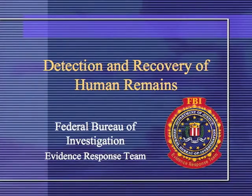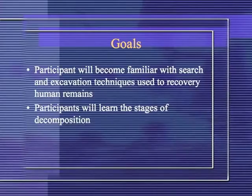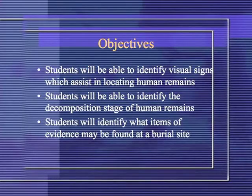Today we're going to talk about recovery of human remains. Then we're going to talk about how we operate in a morgue. We're going to become familiar with the search and excavation techniques, and then we'll learn about the different stages of decomposition. Because you're going to go out there and find some remains, surface remains, things of that nature, and it's always good to be able to talk on a level with the forensic pathologists, anthropologists, and other law enforcement. And when we get done, you should be able to identify visual signs which assist in